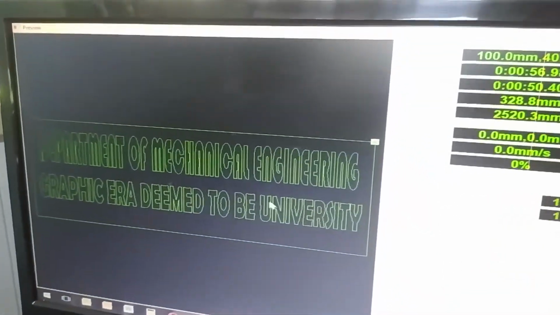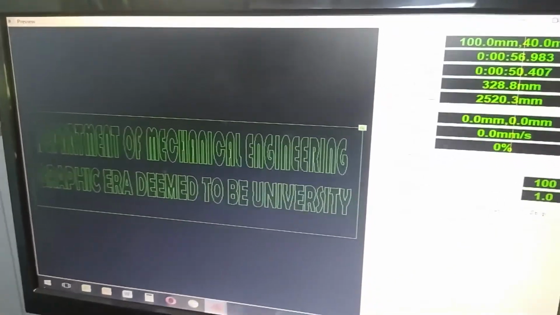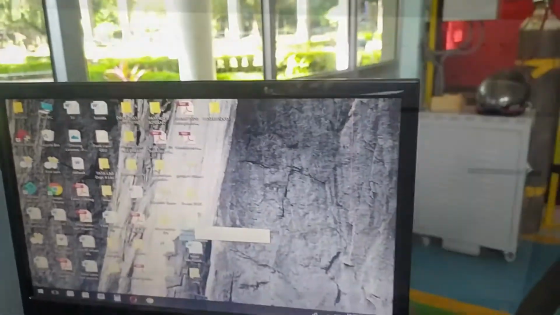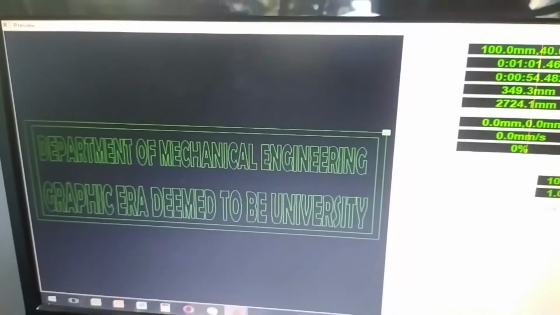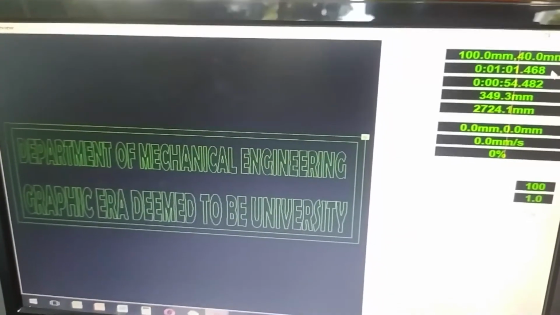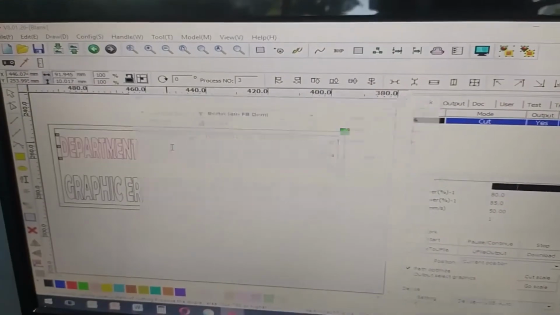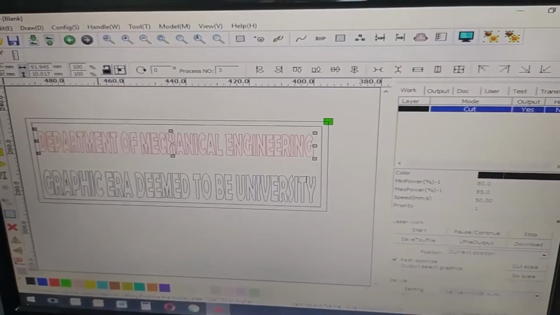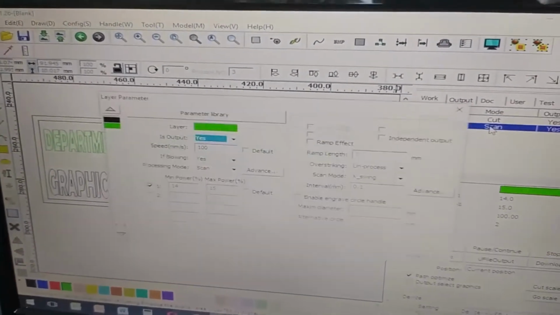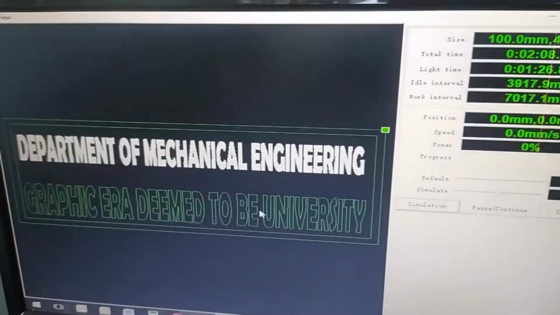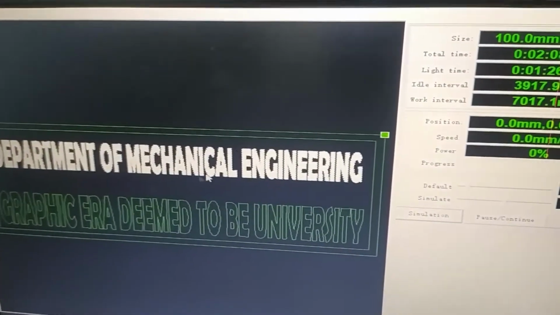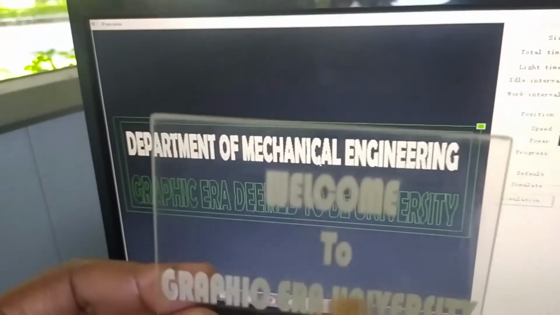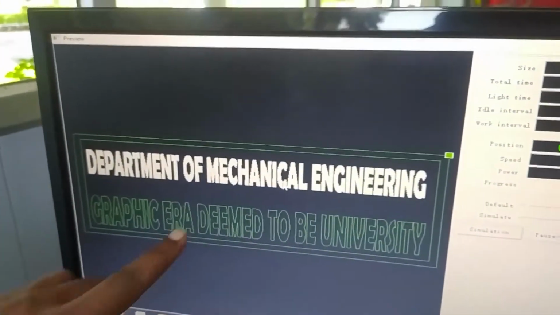This is the simulation window. This is in the cutting operation, I want to scan. Okay, I want to see how it looks in the simulation. Okay, these are in the cutting operation. I want to change them, like I want to see it in scan form. I just change the layer and it will convert into scan. Now see in the simulation area. This will show that it is in scan mode and it will come like this. Okay, I want to change this also.